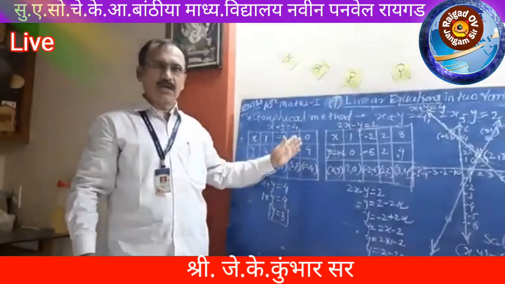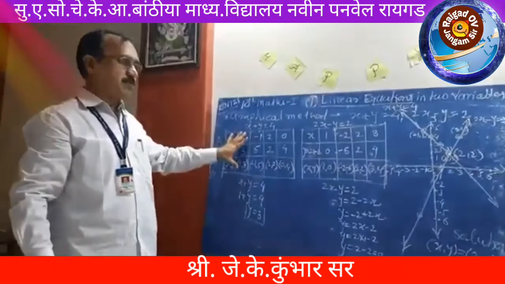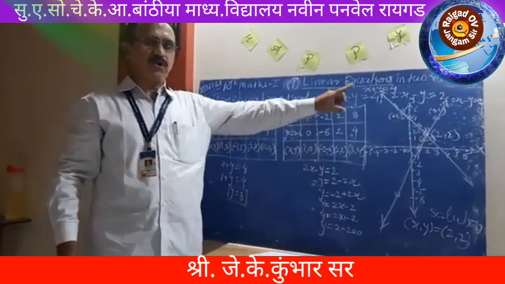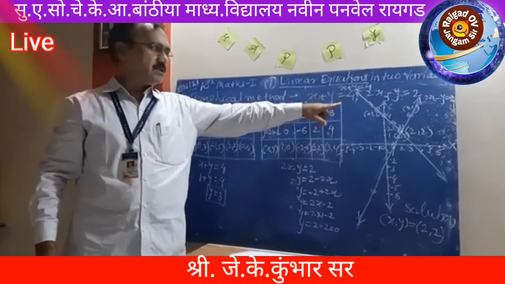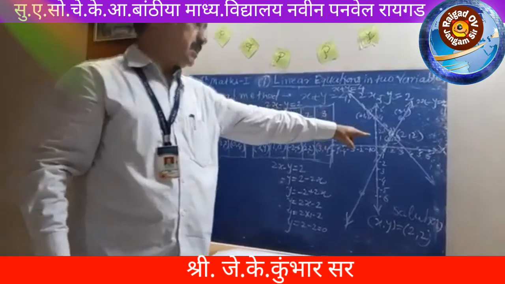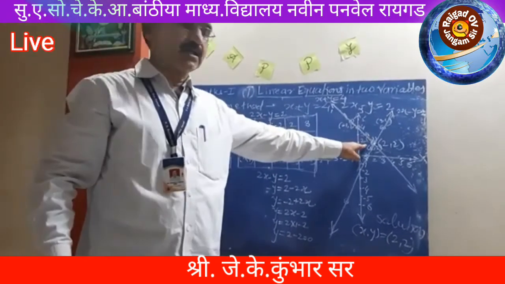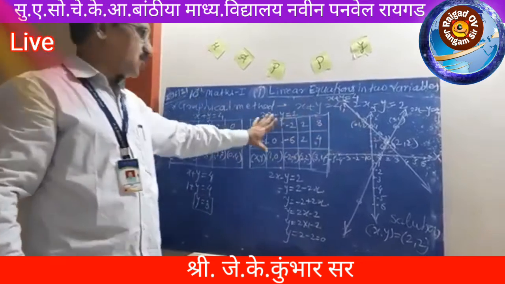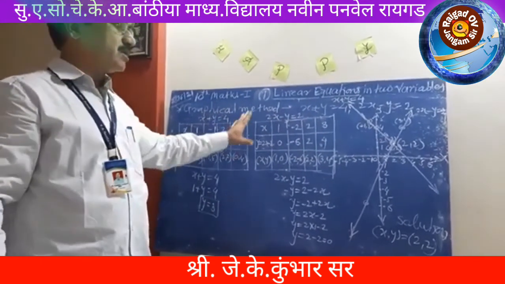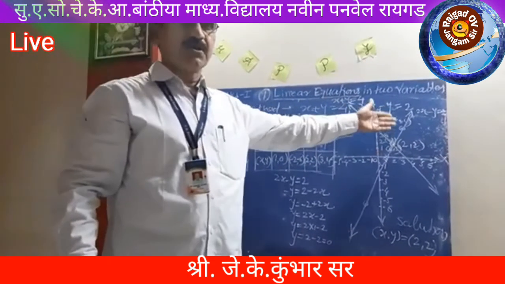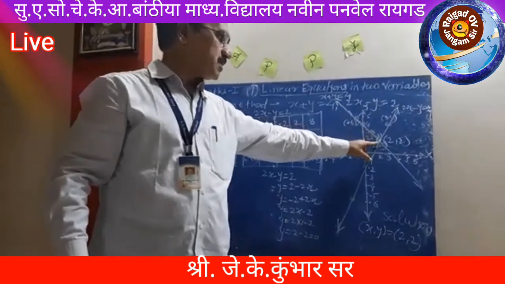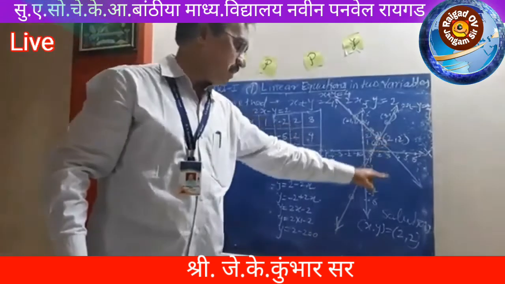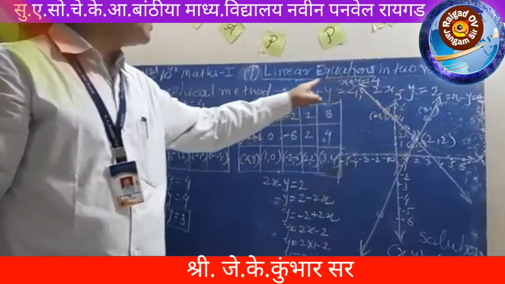Remaining examples, try to solve at home. First, prepare the chart of coordinates. Plot these points on graph paper, and then these two lines intersect each other. If lines do not intersect, something is wrong here. If lines do not intersect, something is wrong in our chart, or something is wrong in plotting the points on graph paper. Then the coordinates of the point of intersection of these two lines is the solution set of the given simultaneous equations.